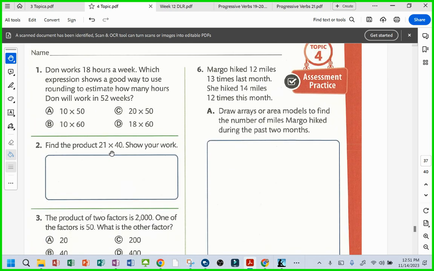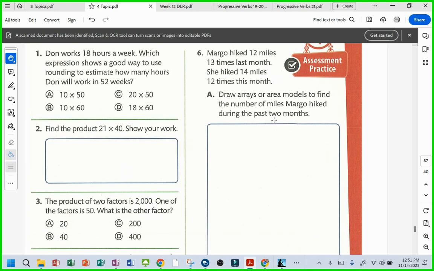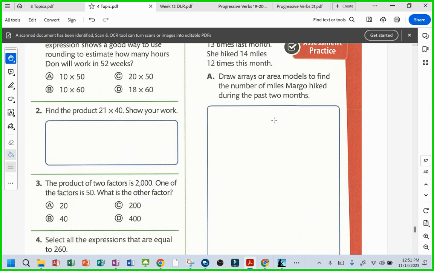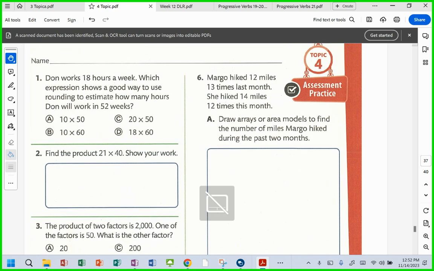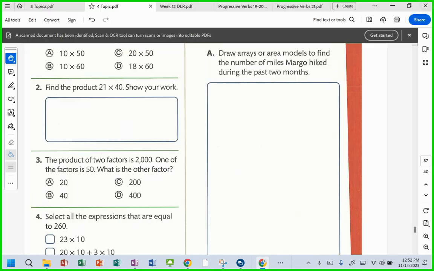All right, number 6, it says Margot hiked 12 miles 13 times last month. She hiked 14 miles 12 times this month. Okay. Draw arrays or area models to find out the number of miles Margot hiked during the past 2 months. All right, so the first thing you'd have to do, so they want you to write and solve the equation. Okay, so the first thing you would want to do is,